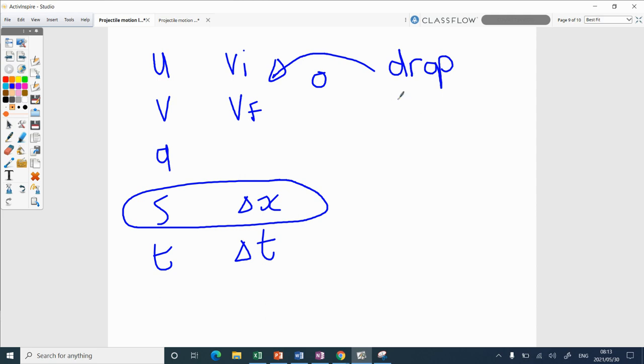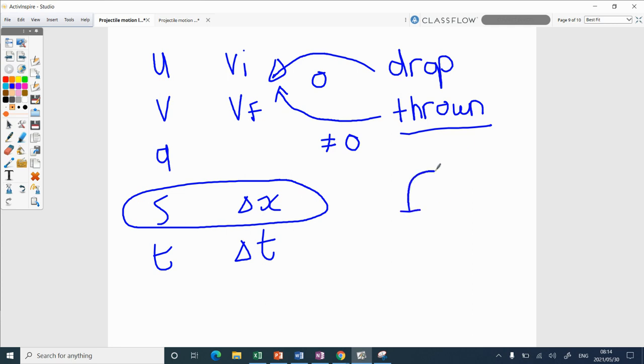If it's thrown, you need to decide if it's thrown up or down, and immediately you must know that U or VI is not equal to 0. VI for up and down motions is not always 0. That's another common mistake. And then the other thing that we'll look at, if something is thrown upwards and it ends up landing here, your first job when you get these questions is to decide, is up positive or is down positive?